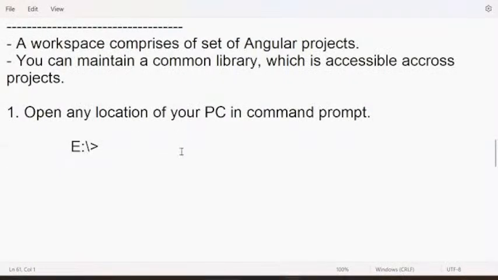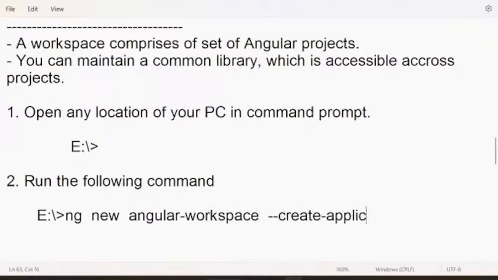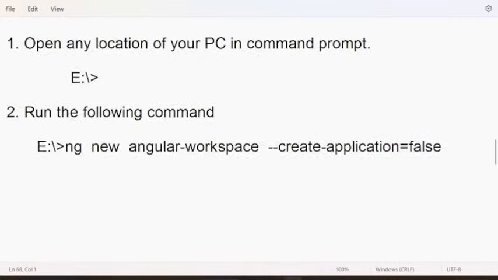So you are creating a workspace. Here, how to run the command? Run the following command. What is the command? ng new Angular workspace. You can give any name. I'm giving Angular workspace and create-application equal to false.